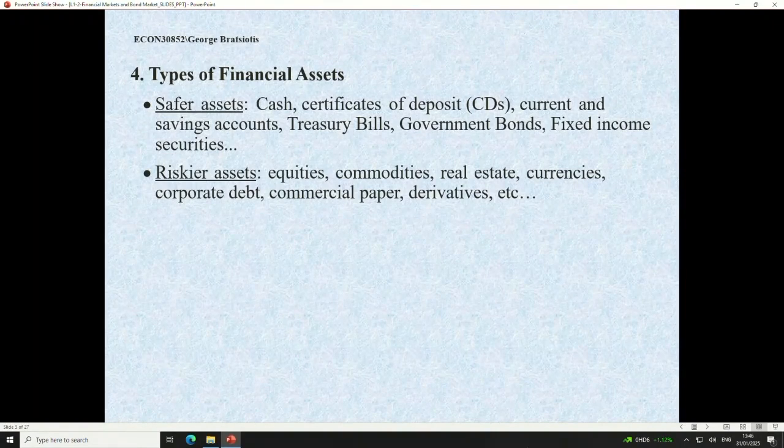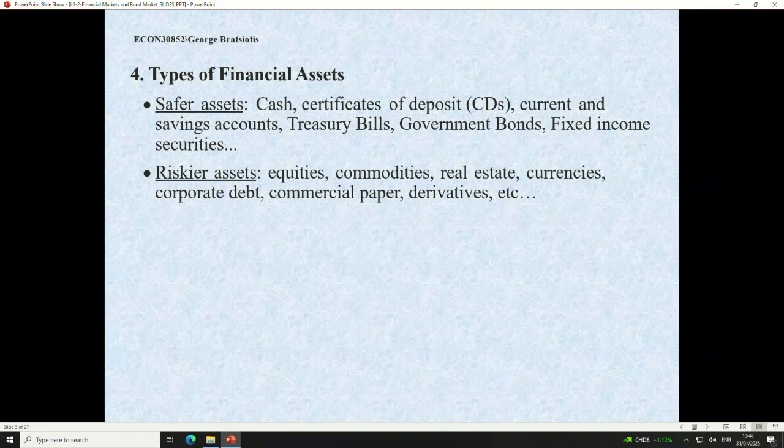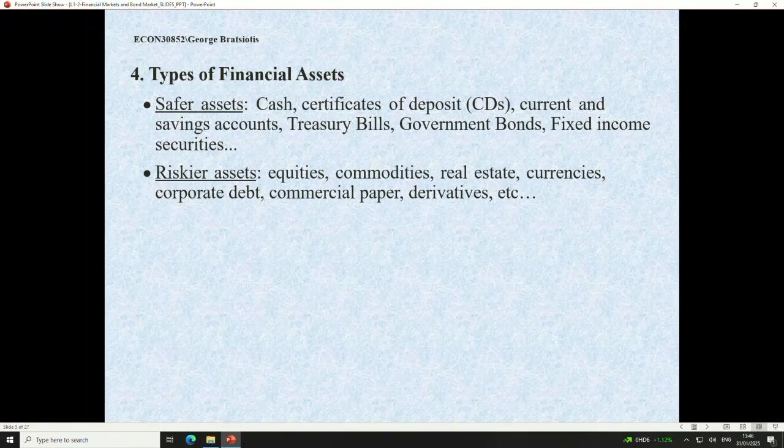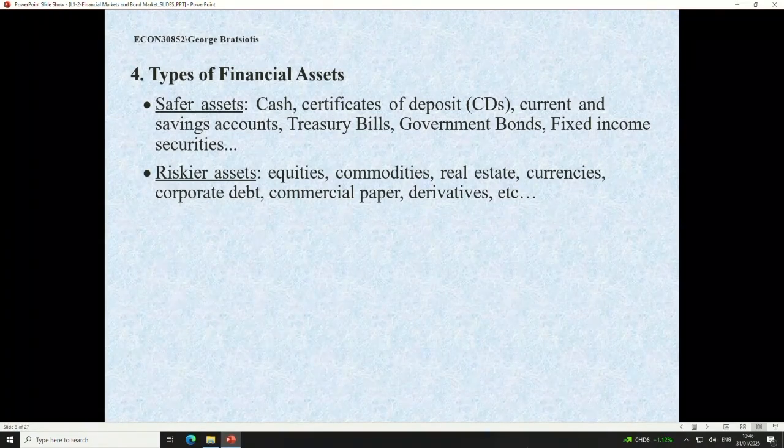We'll be looking at safer assets mainly. Of course, at every point we'll be coming back to discuss risky assets, but this is not the focus of this paper. So what I'll be saying is that every time the central bank wants to affect the financial markets, they will issue bonds, they will change the interest rate, or they will print money. These are their tools. Actually, these are not their tools, we'll come back to the tools, but these are the main methods they use.